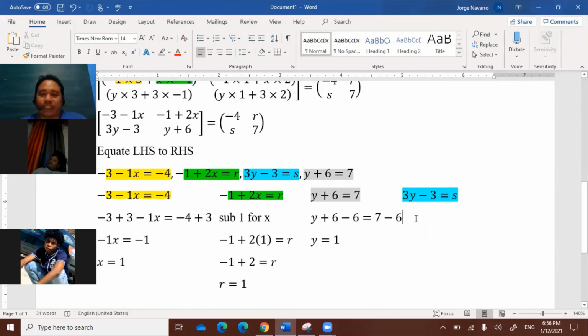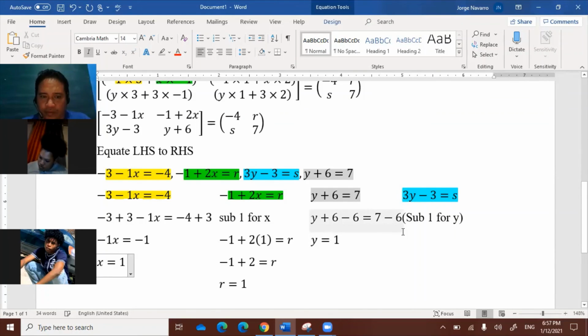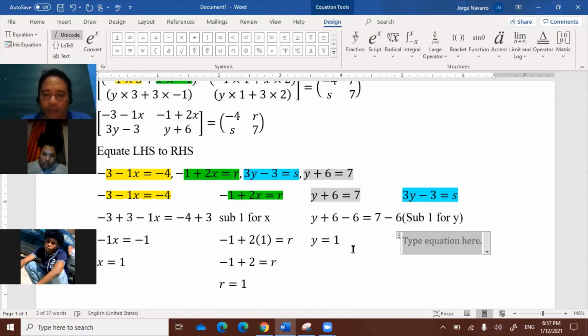All right. In this one, we already have the value of y. So I'm going to substitute 1 for y. I can put that in brackets so that you know it's not from the previous one. So substitute 1 for y from this one that I have here. So that means, for this one, I'm going to have 3 times 1 minus 3 equals s,